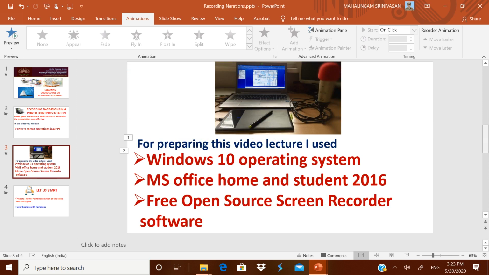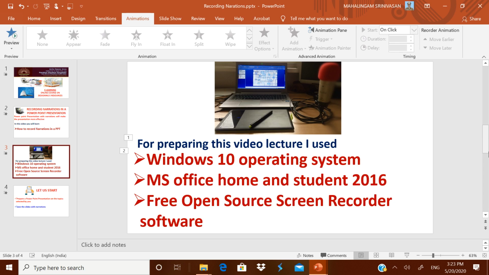Normally, a desktop may not contain a microphone embedded in it, but a laptop normally will have a microphone already fitted inside. But you have to check whether it is working. For a desktop, you have to use an external microphone, the type normally used for video chatting and all. If you have one, you can use it on a desktop and on laptops also. But for laptops, microphones are already fitted inside.